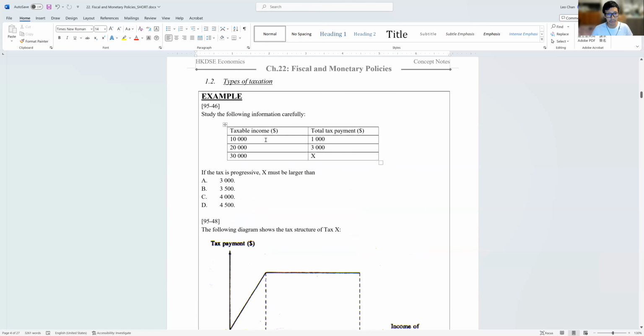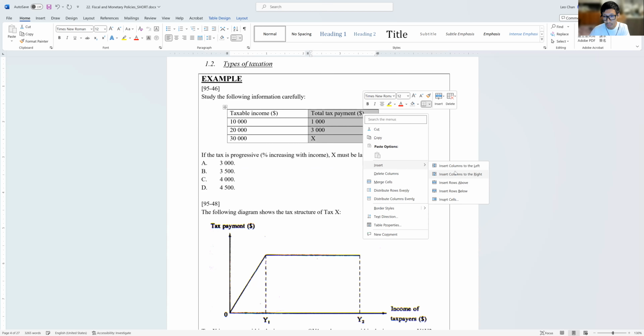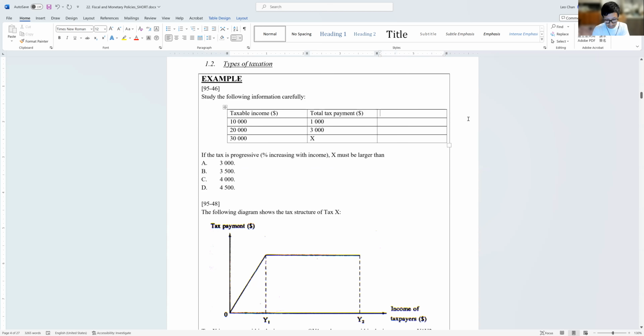our supplementary notes。OK，好嘛，睇一條95年嘅題目啊。OK，1995。係嘛？Here，你未出世嗬？Yes, I think you haven't. You were not born yet, right? Here, study the information carefully. We have taxable income, total tax payment. It says that if the tax needs to be progressive, OK，乜嘢叫 progressive 啊？Progressive means that the tax rate must be increasing with income。好啦，所以啦，而家呢個 taxable income 越嚟越高啦。So how do we do this type of question？好容易嘅啫，我哋加多行俾佢。This one is our